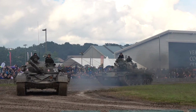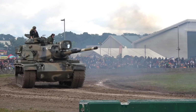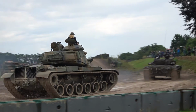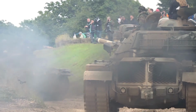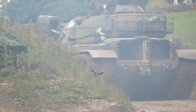And those little bits on the side, that's called gill armour. They can actually turn that just above the tracks and the wheels. They can angle that forward. If you're firing something like a rocket-propelled grenade, in other words, a hollow-charged weapon at the vehicle, by extending that armour, you might detonate it away from the vehicle before it hits main components like the wheels or the hull. And if you can detonate an RPG